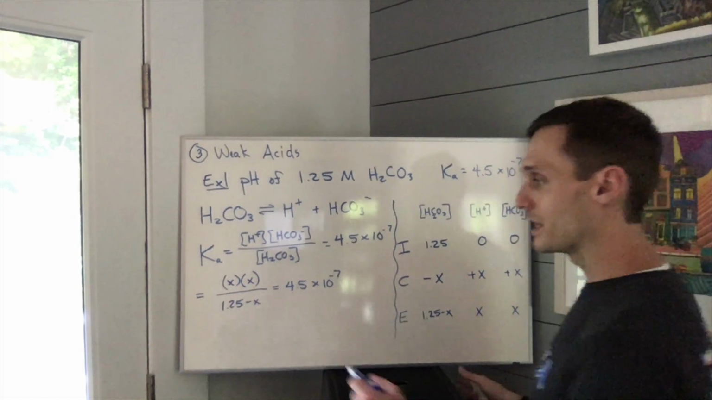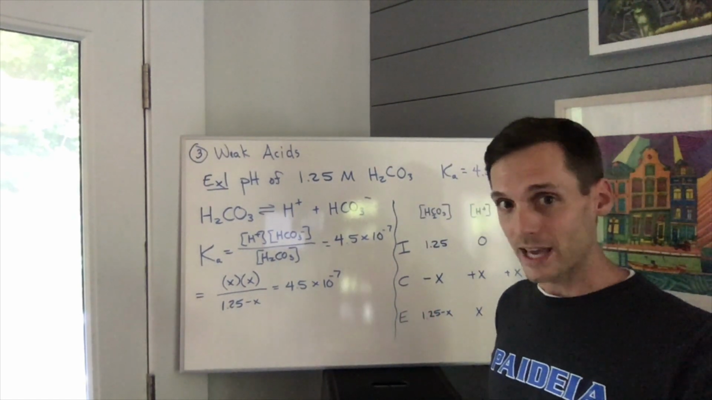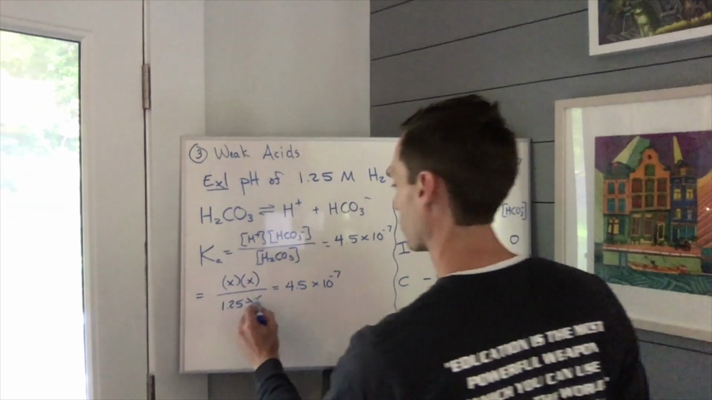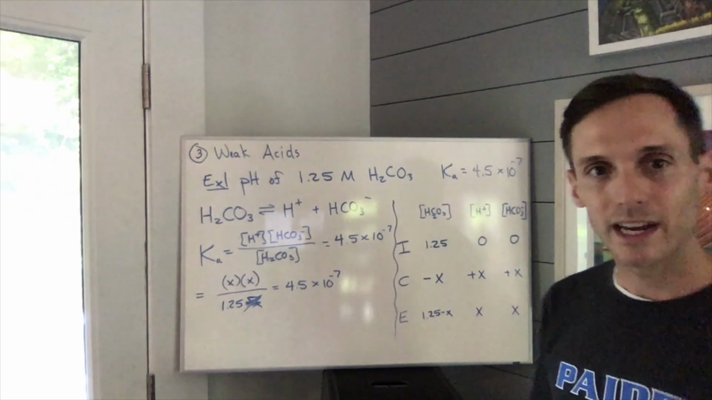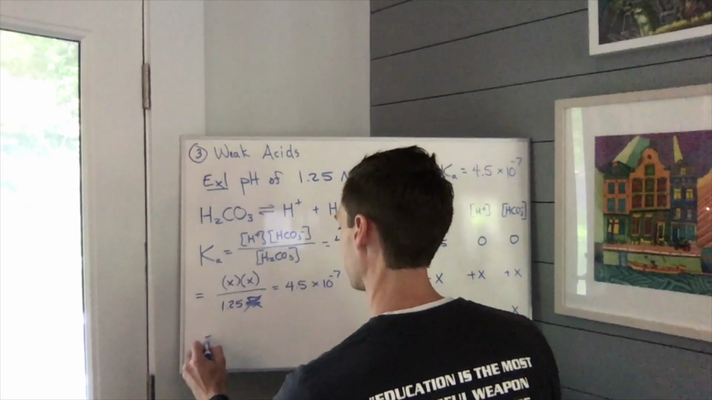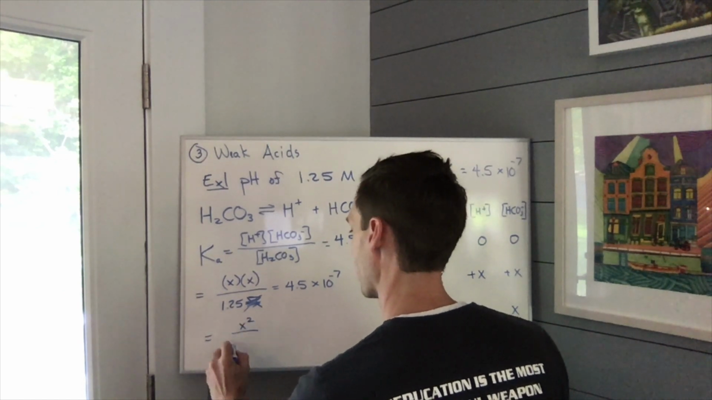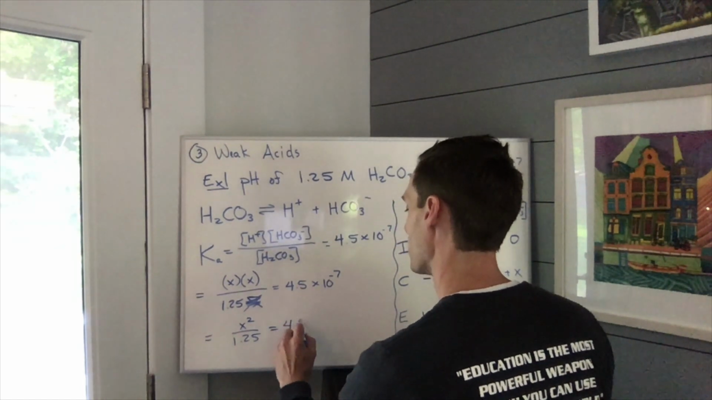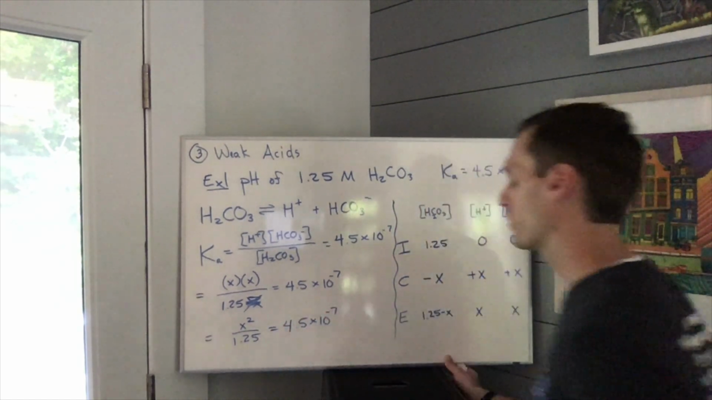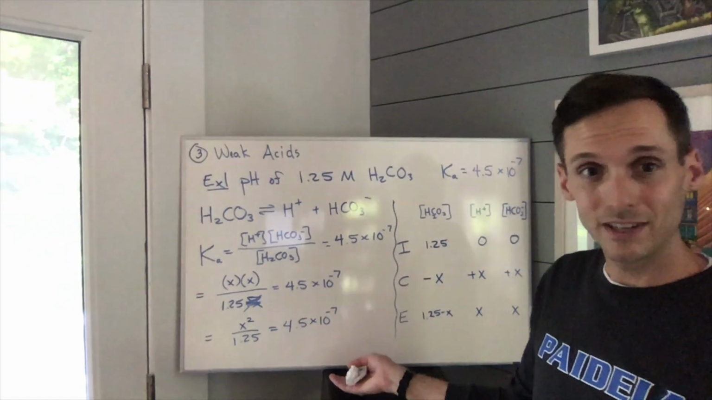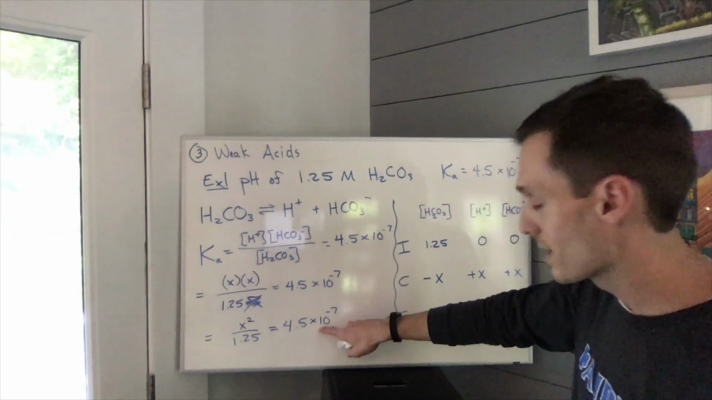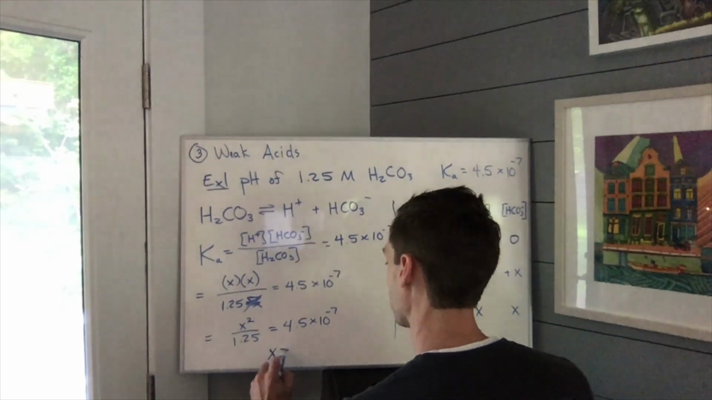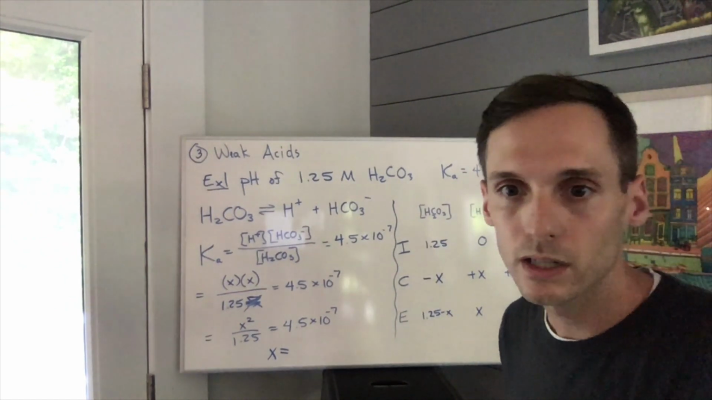So what we can actually do here, and this will be the case for all weak acids, is just ignore that minus X. We're just going to pretend like it's not even there, and it just becomes X squared over that original molarity of your acid, and that's going to be equal to the Ka value, 4.5 times 10 to the negative 7th. Now this is even easier to solve, right? You're going to multiply both sides by 1.25, take the square root, and you'll get an X value that's equal to